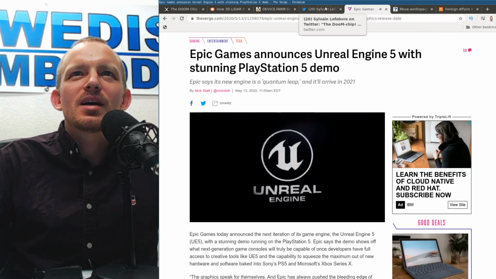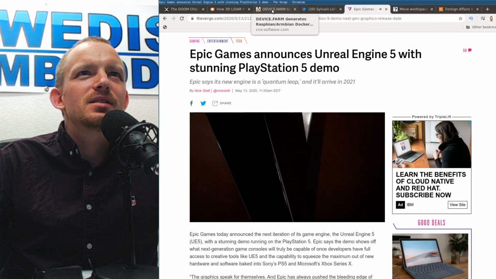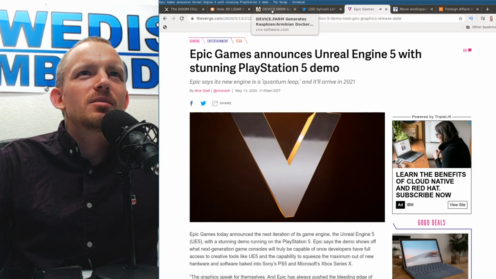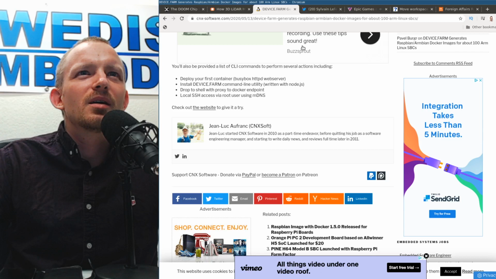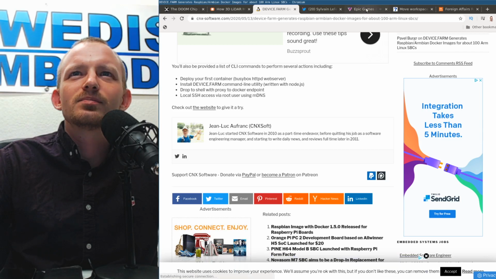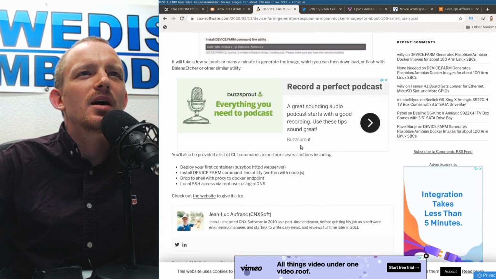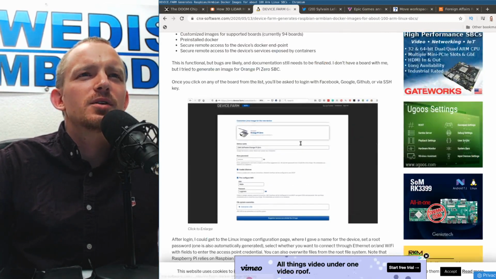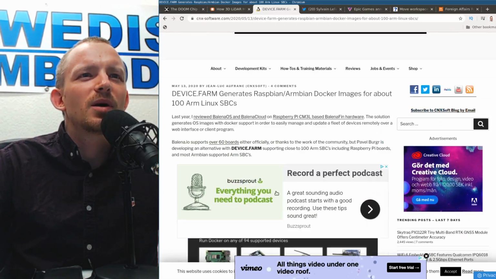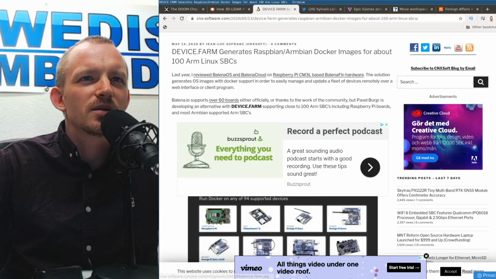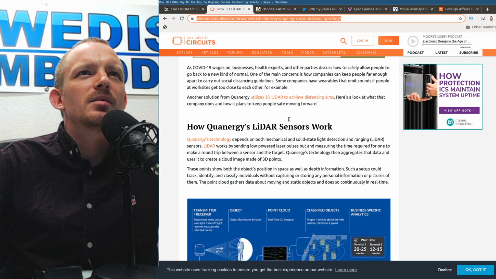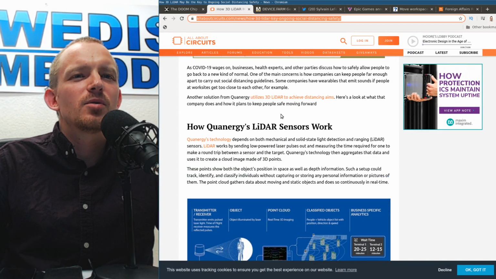I have a story about Device Farm, which claims that they can build 100 different firmwares for different devices, like Raspberry Pi and a bunch of others. And we also have a new application for a 3D LiDAR,